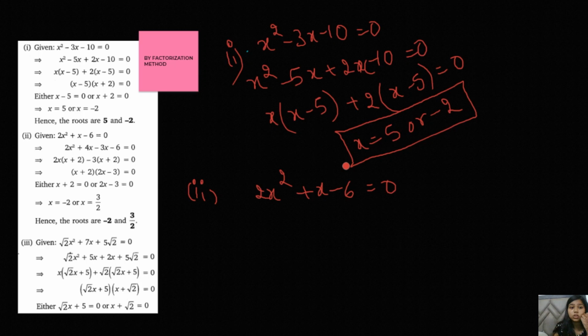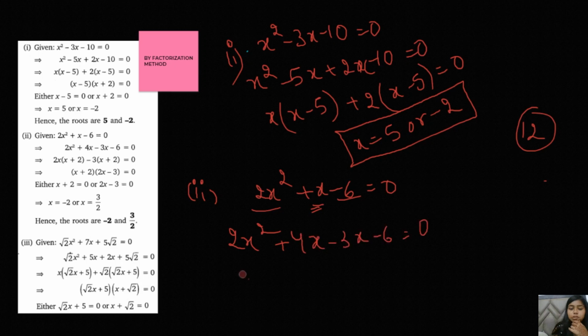Like this is 6 into 2, 12. So for 12, we are getting 1 as the additive or subtractive, so 4 and 3. So I am just taking the factors in a few minutes. You can also do that within minutes. What you have to do is just practice. x will be equal to 3 by 2. Maths is very easy, people, very easy.